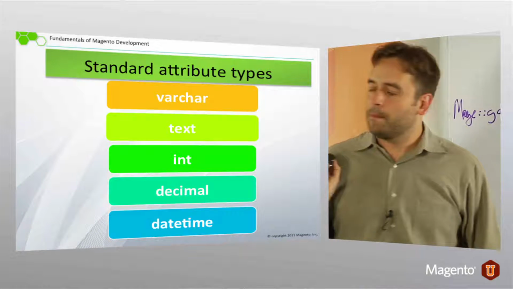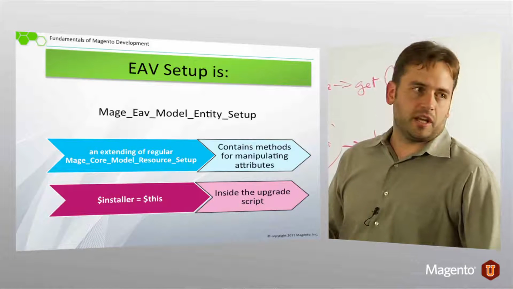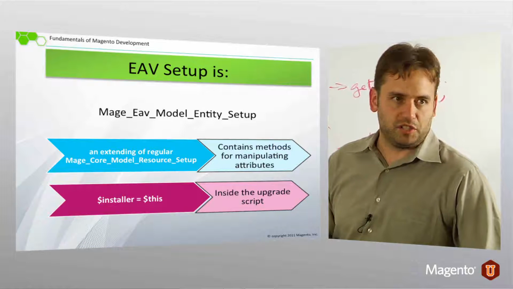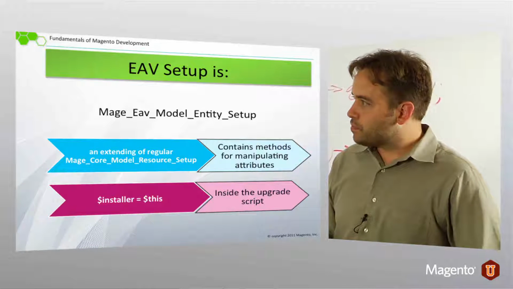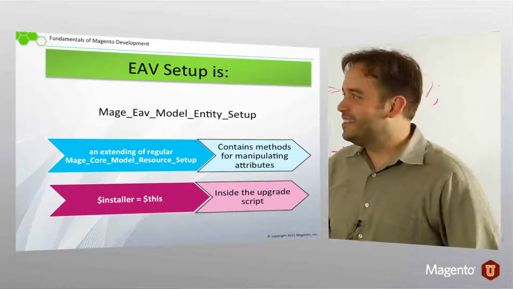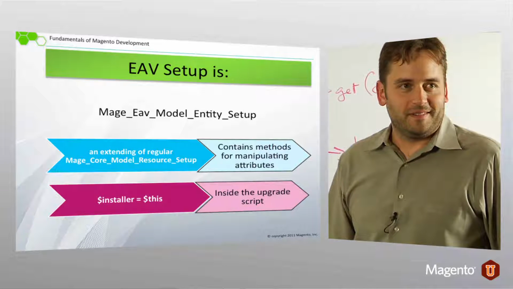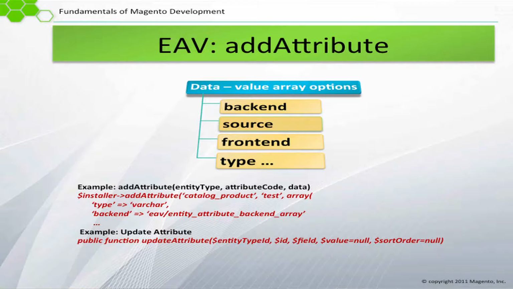Okay. So now let's start talking about EAV setup. So we just looked at core resource setup, and the EAV entity setup extends from core setup and gives us some more functions to deal with the attribute system. So yeah, it extends core resource setup, and gives us what we need to add, update, and remove attributes from entities. So we specify the entity type code, we specify the code for the attribute, and then we specify an array